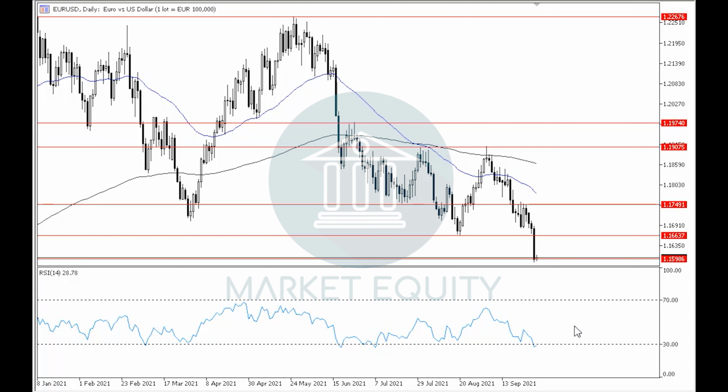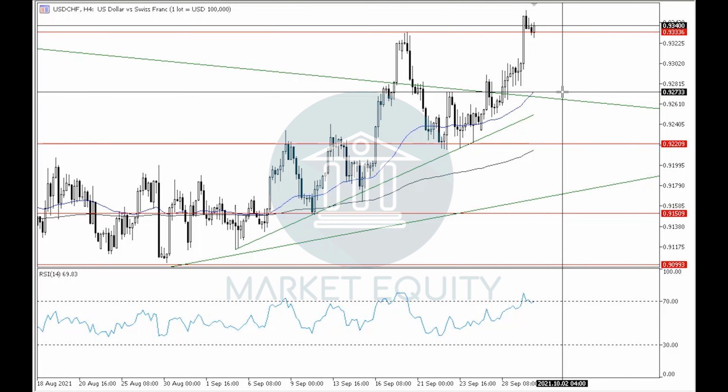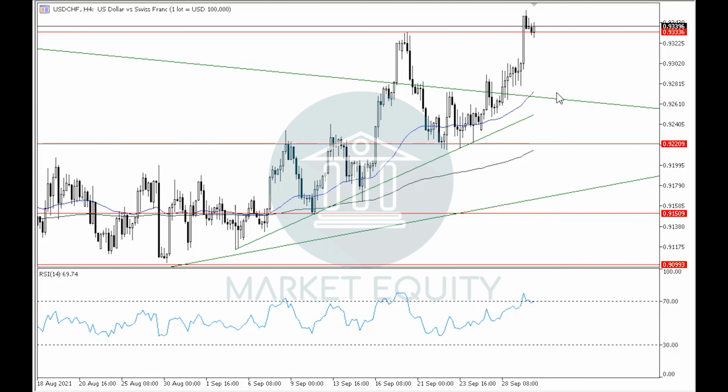Let's move on to the US dollar versus the Swiss franc. In the previous videos, we said that the pair is moving in an uptrend in the 4-hour time frame, and we were waiting for it to target level 0.9330 after it rebounded upwards off of around level 0.9220 and broke up through level 0.9275. The pair achieved level 0.9330 and is currently retesting it,